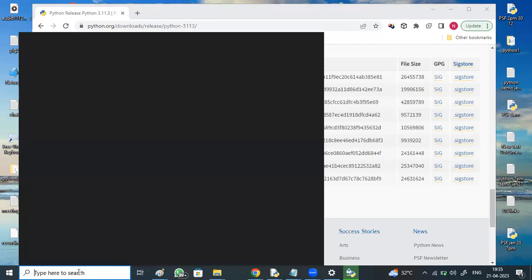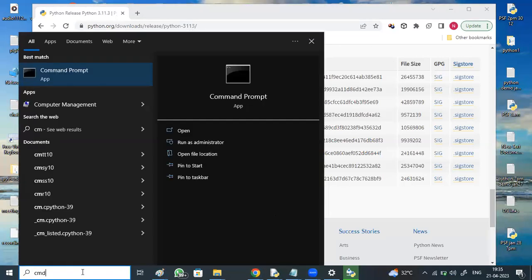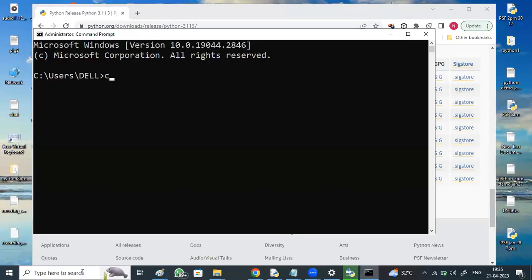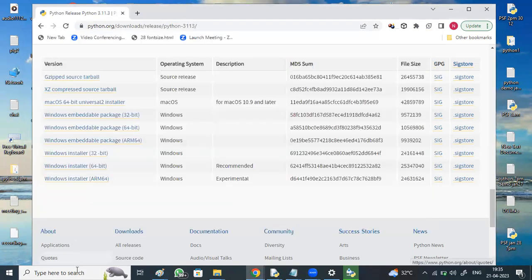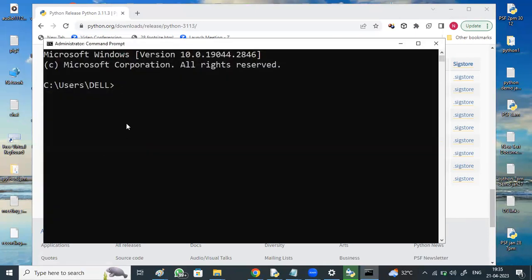If you go to the command prompt by typing cmd in the search panel and say enter, and whenever you go to the command prompt, just type python here and say enter.